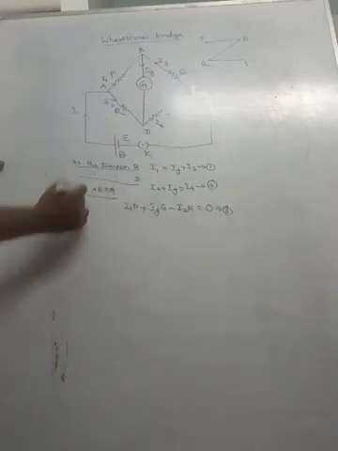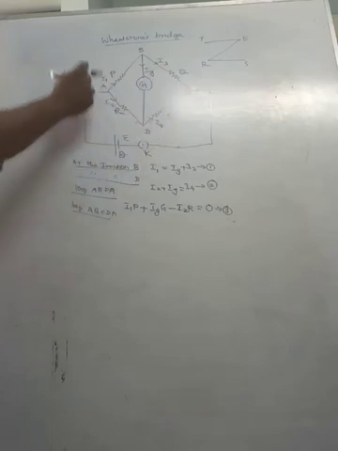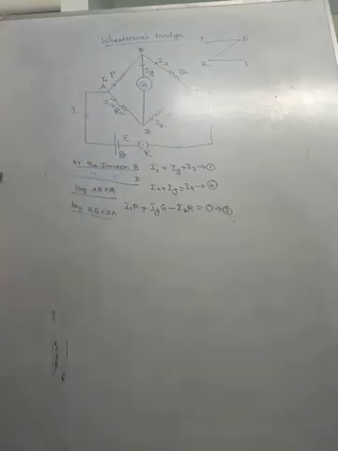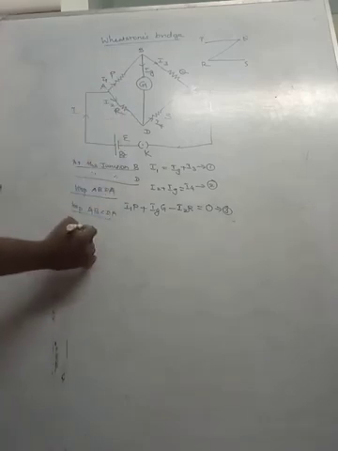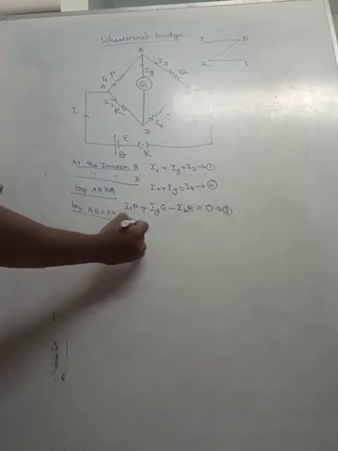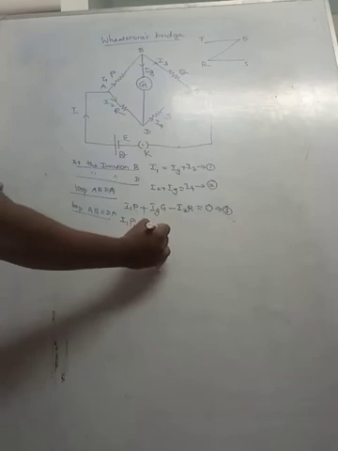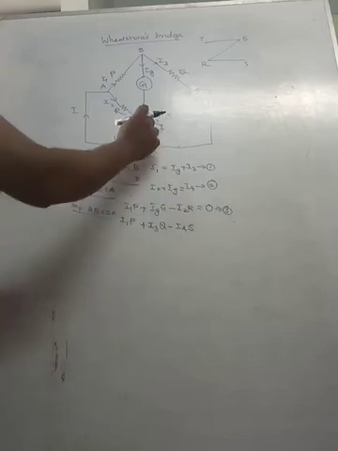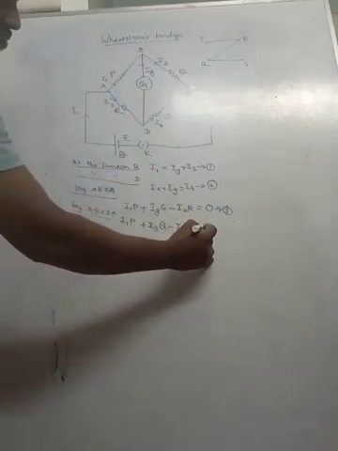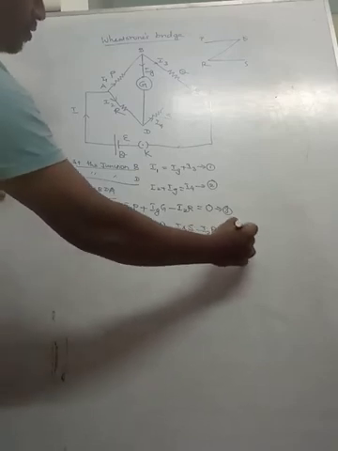Now let me take the outer loop. Outer loop means loop A, B, C, D, A. I am going to consider A, B, C, D, A and again use the same Kirchhoff law. According to Kirchhoff's law, first you have to use the product of current and resistance. So I1P plus I3Q and minus I4S. The minus indicates again it is the anti-clockwise direction. Minus I2R is equal to 0. Take this as equation 4.